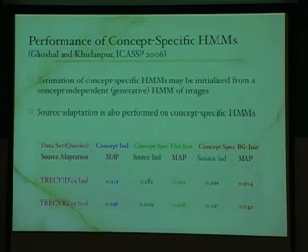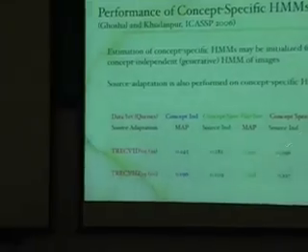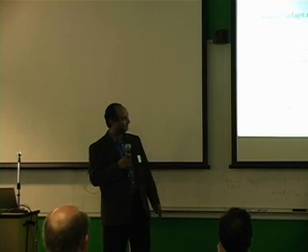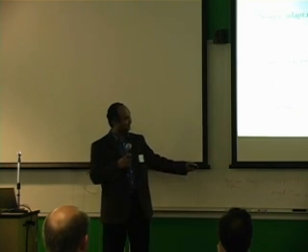Now, there are two different ways of making this discriminative model. One is to just separate the data into two sets of images and train models for each. The other is to train a common model, this is what I call background, and then take the model estimated that way and retrain it further on the two sets. If you know HMMs, you know that initialization is sometimes important, and this is another instance of it. If you initialize more carefully, you get a much bigger jump. Again, another 25% or so improvement in the total performance, and these are our best numbers to date. So we've gone a long way.